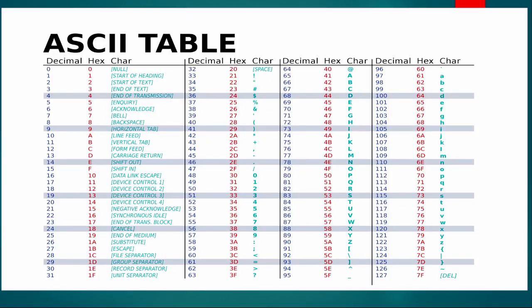So 0 stands for the null byte. We'll talk about the null byte later. All of these are different representations. Then talking about readable characters, from 32, which is space, 33, which is the exclamation mark. So all the way. You can see the ASCII representation of written numbers, number characters 0 to 9,